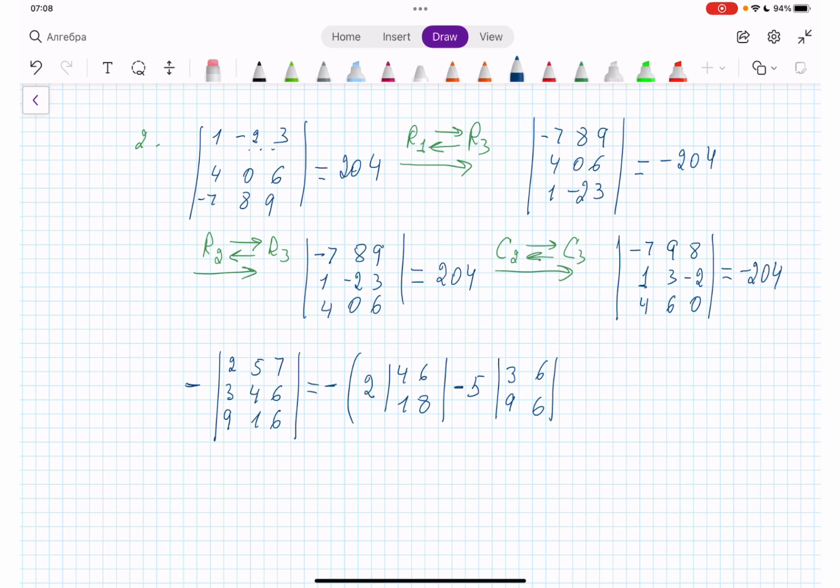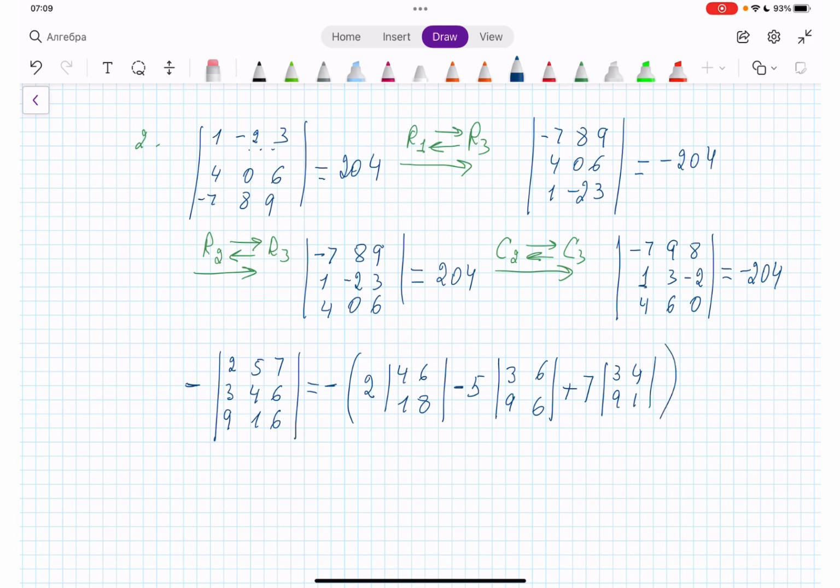Okay, and then plus, same way, here we have 7, now first column, first row, and we're gonna multiply by determinant of this 2 by 2 matrix, square matrix. By the way, to remind you, we can find determinant only for square matrix, right? So here I have 3, 4, 9, 1,